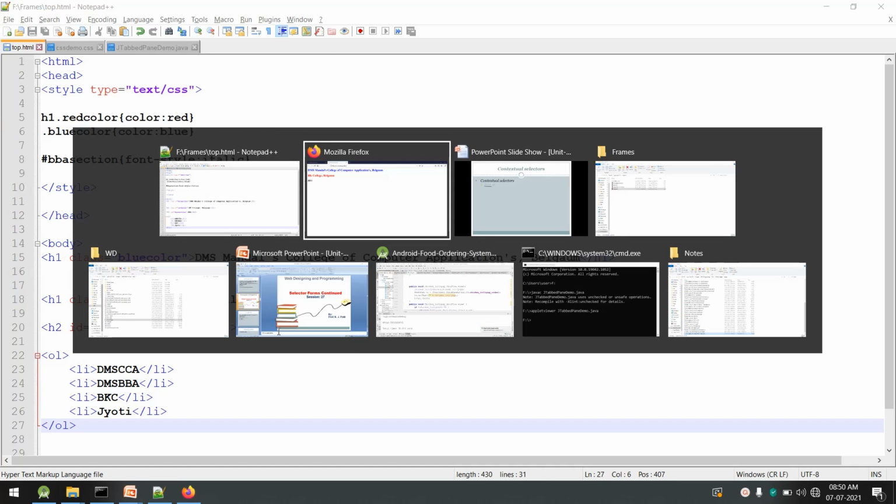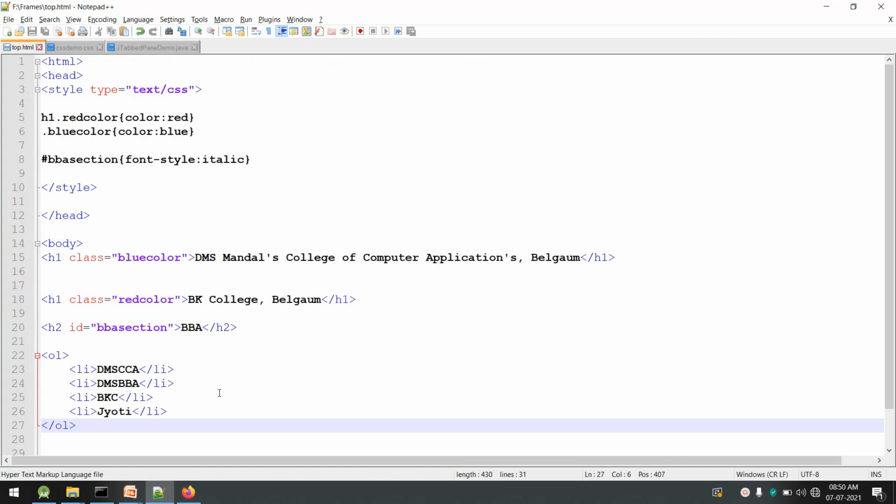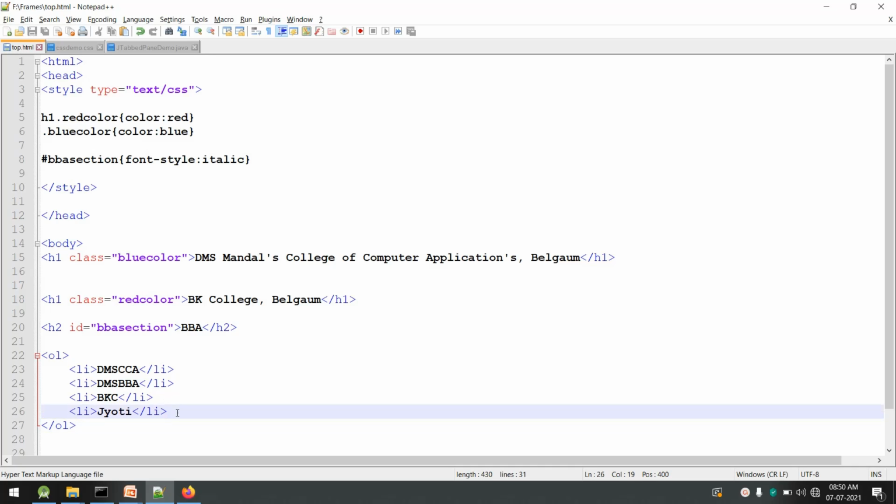Now if I execute this, you can see an ordered list has been displayed with some elements. Now inside Jyoti I'll create another list. Jyoti has science and commerce, right? So we will create two more items inside Jyoti.